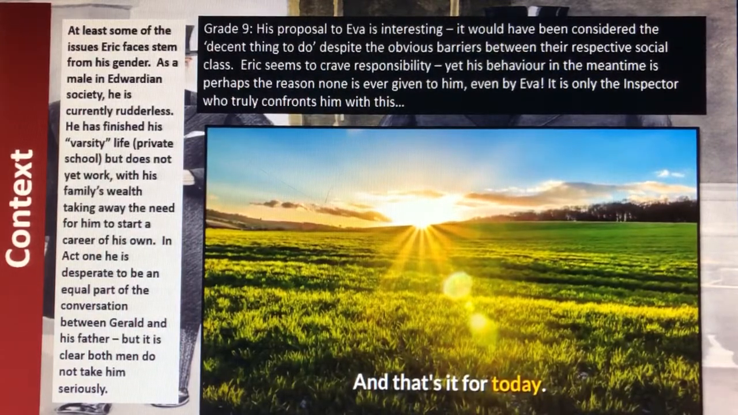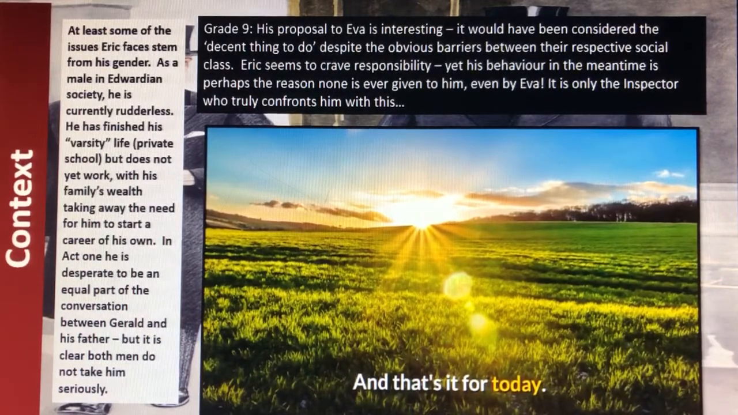His proposal to Eva is interesting. It would have been considered the decent thing to do, despite the obvious barriers between their respective social classes. Eric is of course high middle class, if not upper class, whereas Eva is working class. Because she didn't have any money, and Eric would know it, obviously the right thing for him to do is